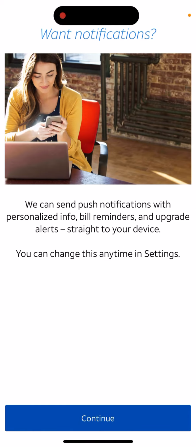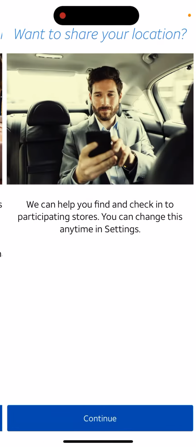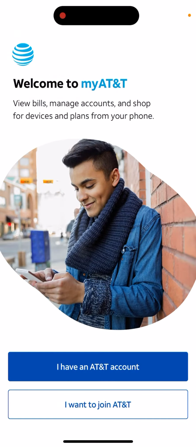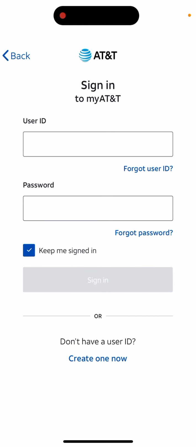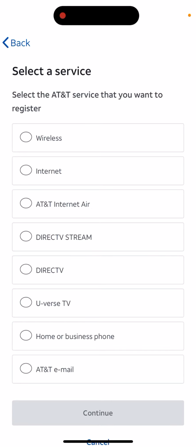and then you can just accept terms, and then if you want notifications you can allow. It's like that. You can allow your location, and then if you have an AT&T account you can just log in with your user ID and password. Otherwise you can just create one like that. And then you just select